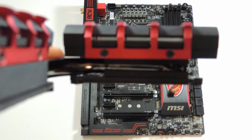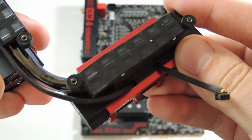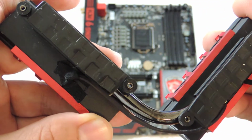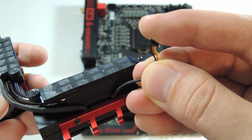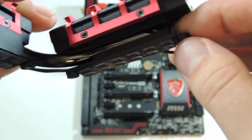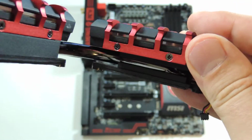Okay, so let me bring this closer and change the zoom. First of all, excellent MOSFET contact to the low RDS(on) power packs. There's 3 pins here, so it's not RGB. RGB requires at least 4. But I think it has to do with something with pulsing or something like that, because it does pulse if